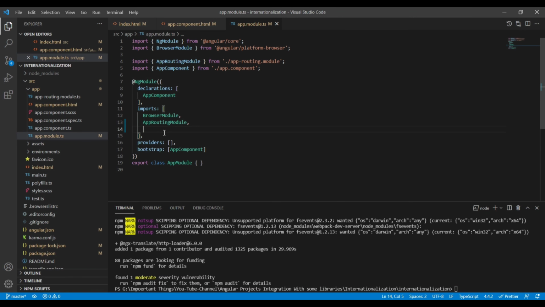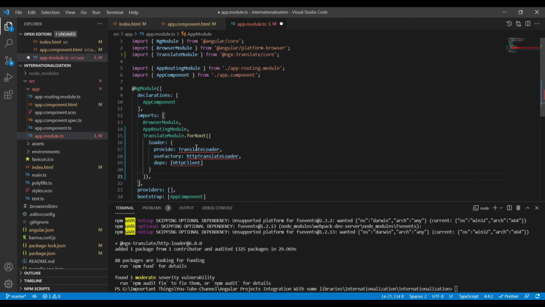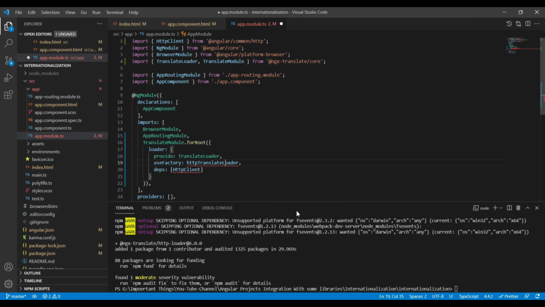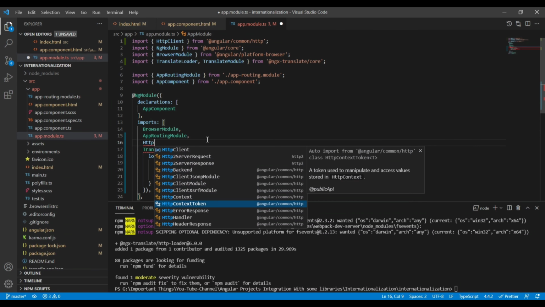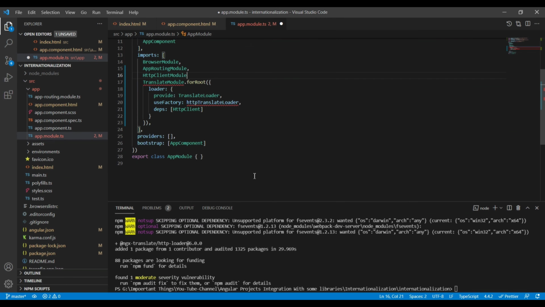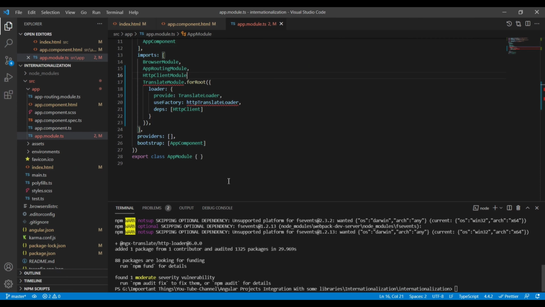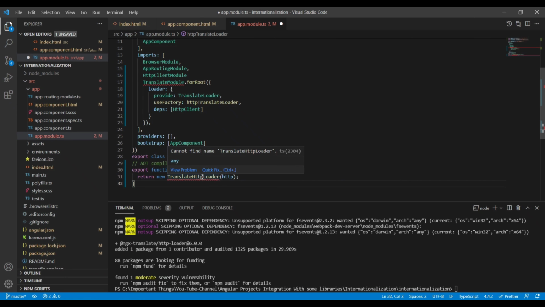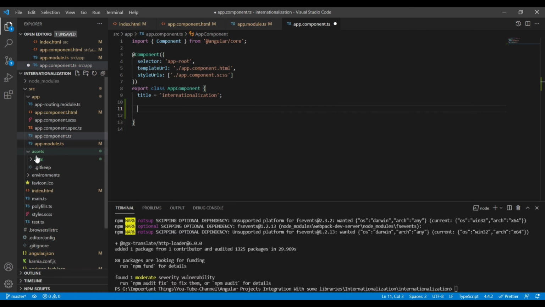In the app.module.ts, I will import TranslateModule and TranslateLoader from ngx-translate core, HttpClient from HTTP common, and also HttpClientModule. And for ahead-of-time compilation to fetch the languages, we need to export this function, and import HttpLoader as well. Our basic setup is done.